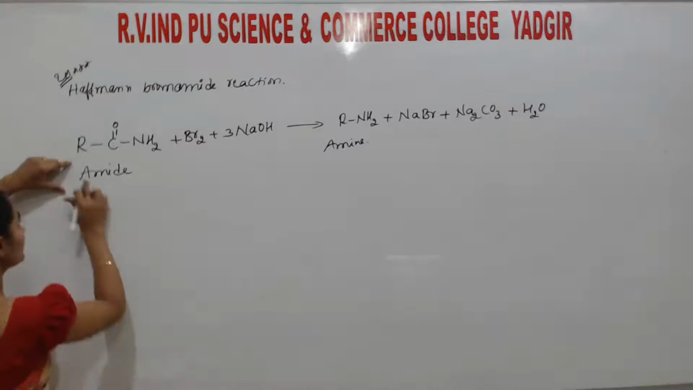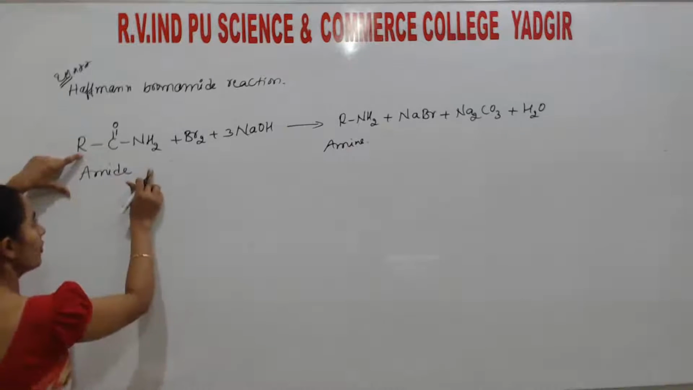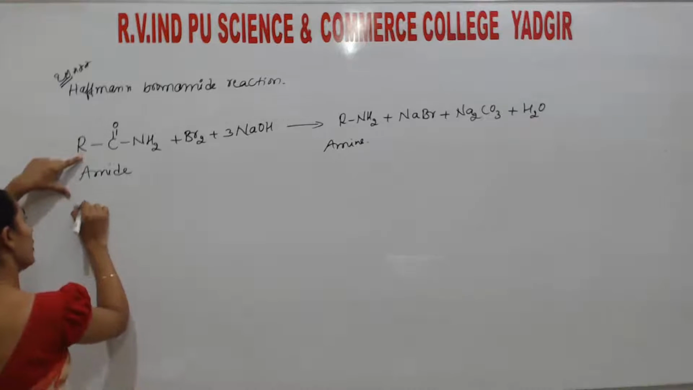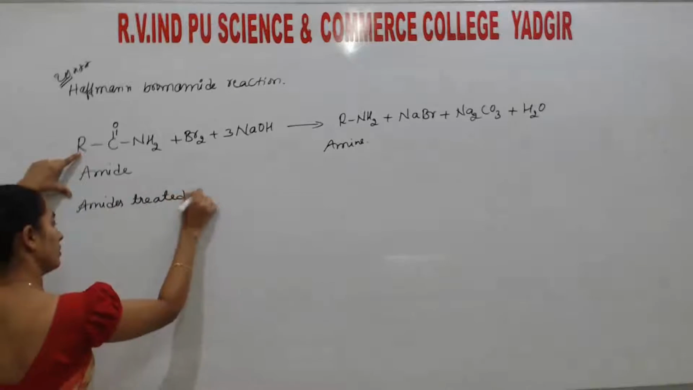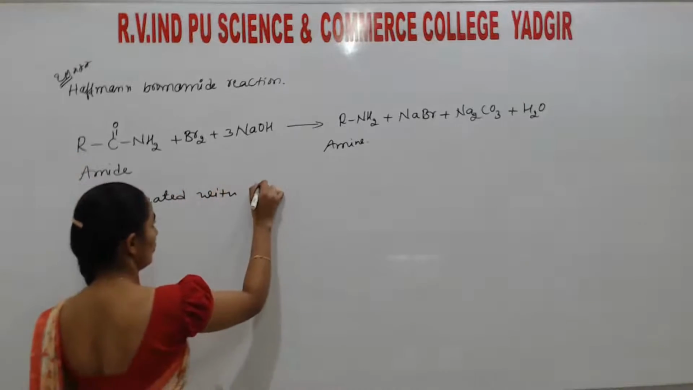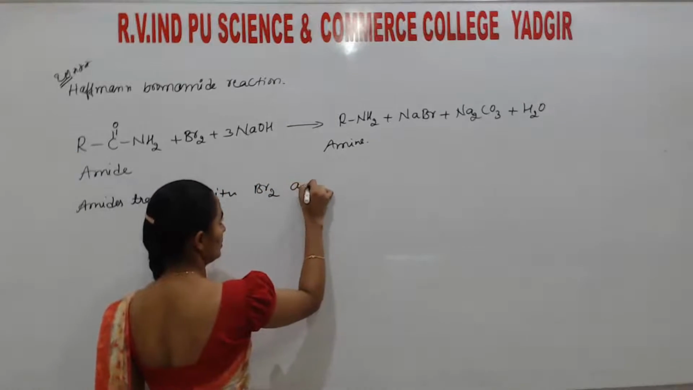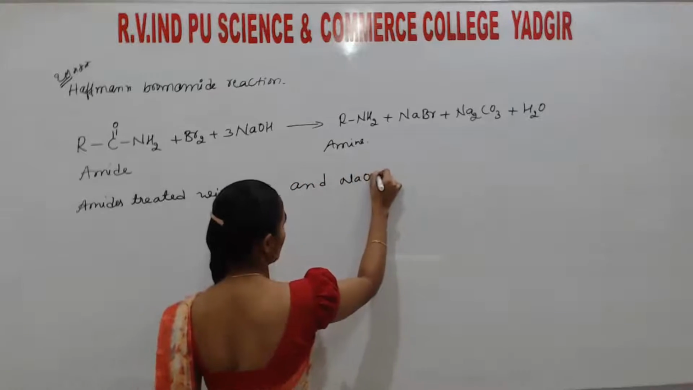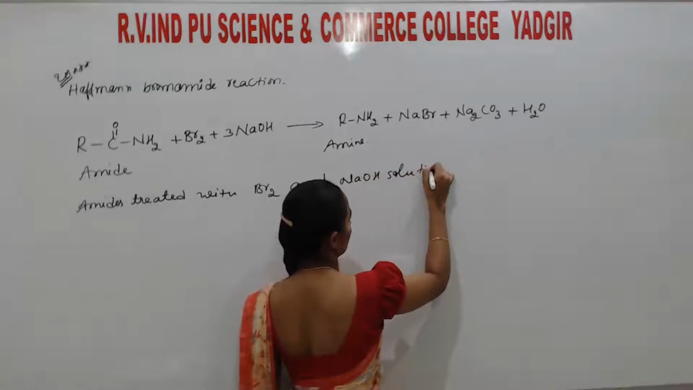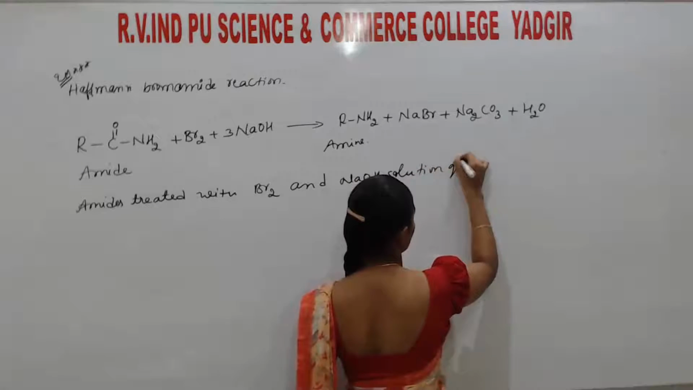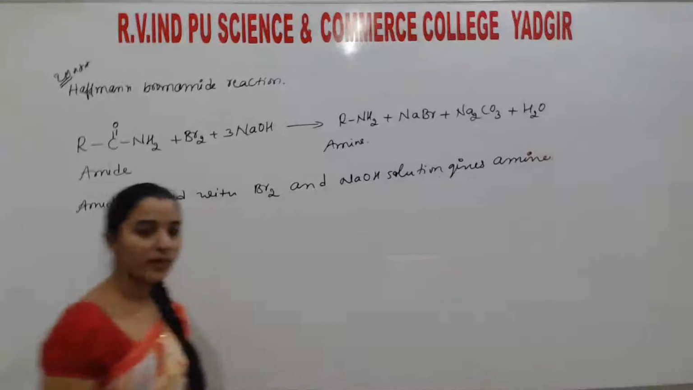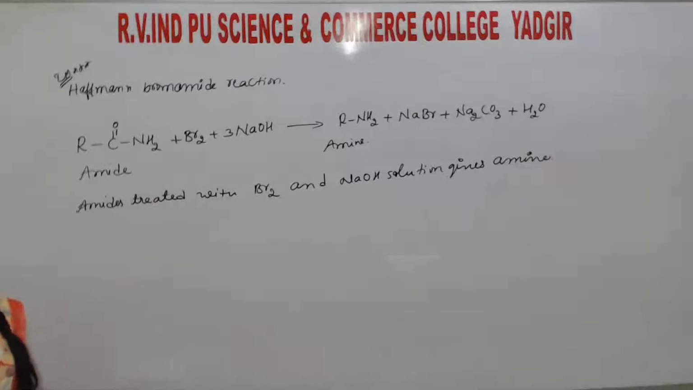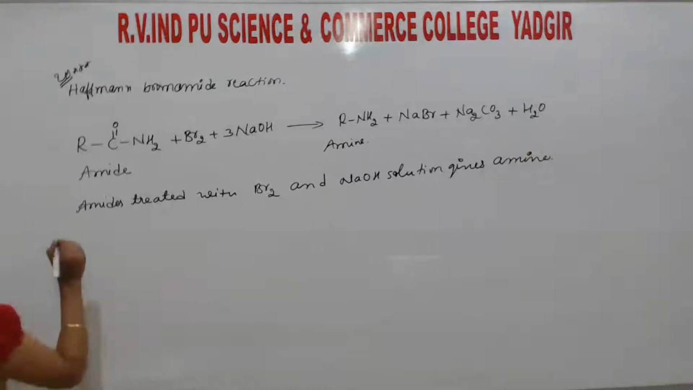Okay, listen here. Hoffman bromide reaction. Here amide treated with bromine and NaOH solution gives amine. This reaction is called as Hoffman bromamide reaction. Okay. So next one is similarly